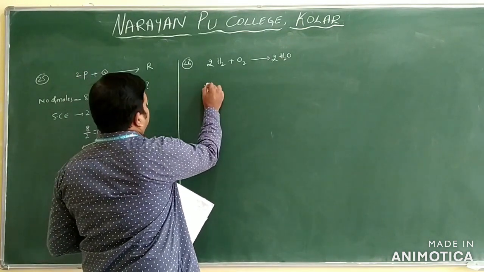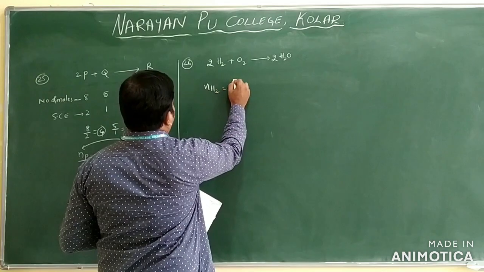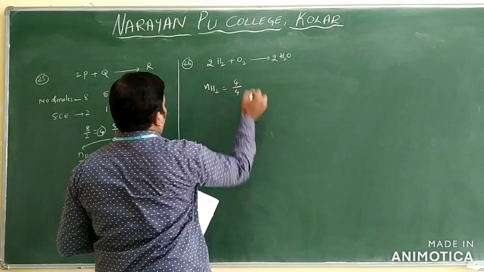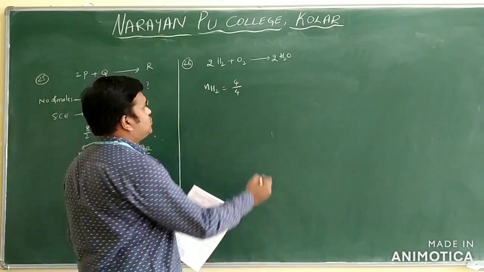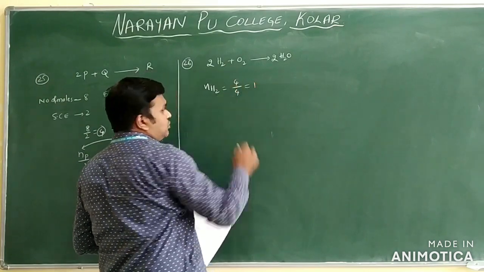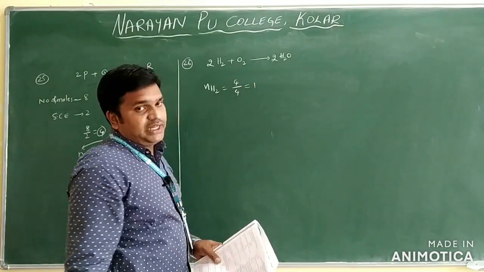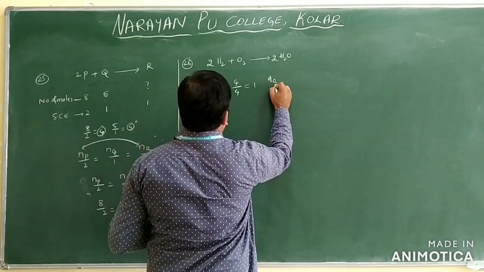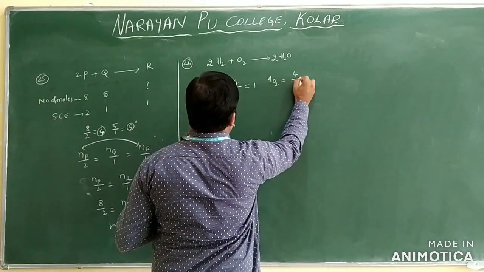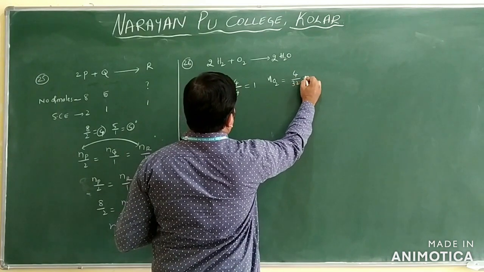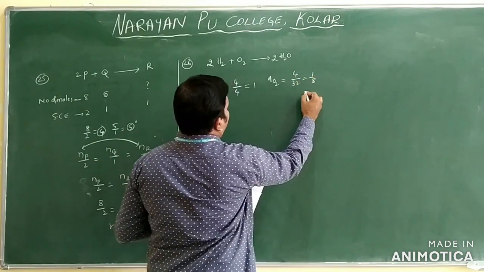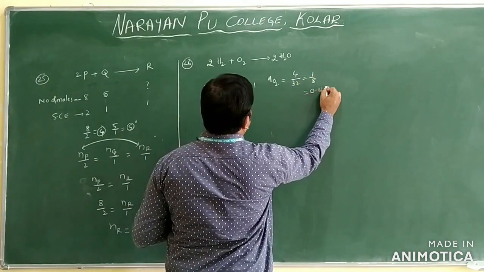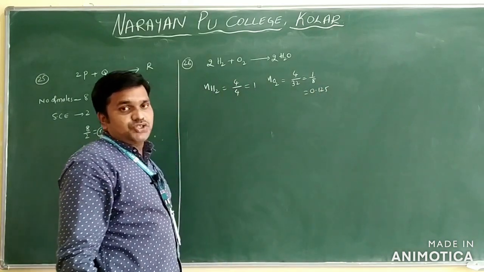You want to find out here the number of moles of hydrogen. Weight is given 4. Here how many hydrogens are there? We have 4 hydrogens. Here 2 into 2 is 4, so 4 into 1, 4 you will get. Number of moles of H2 is 1, and number of moles of O2 we have, they gave 4 grams and this is how much? 32. That means 1 by 8, and 1 by 8 value we have is 0.125.